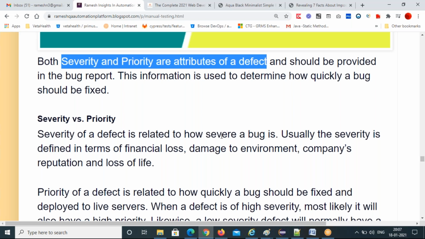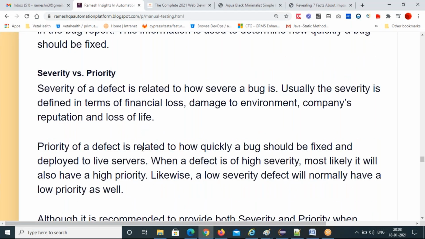And priority of a defect is related to how quickly a bug should be fixed and deployed to the live servers, deployed to the environments. That is called priority. Once a fix is done, that defect fix will be deployed to environments.